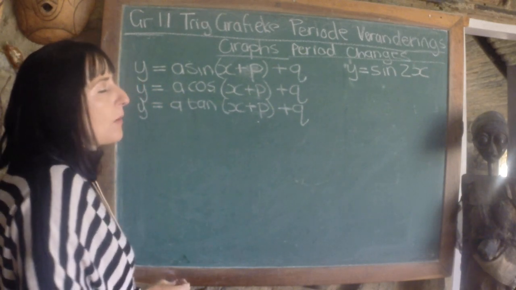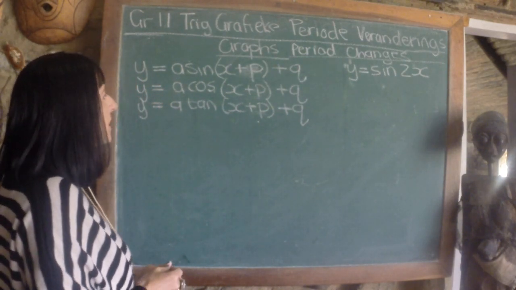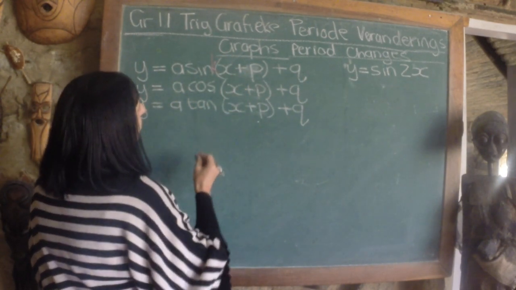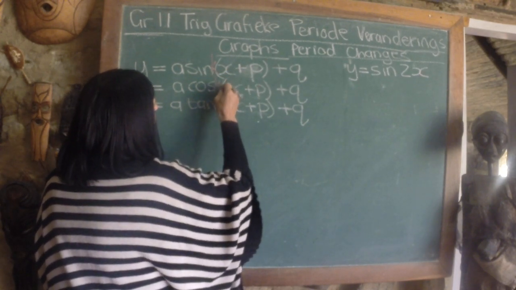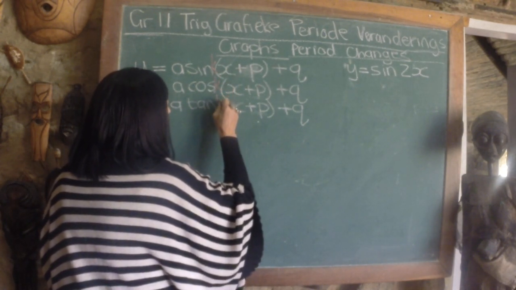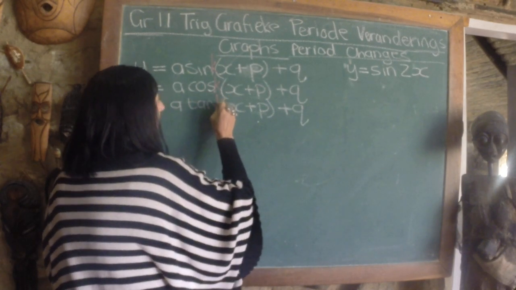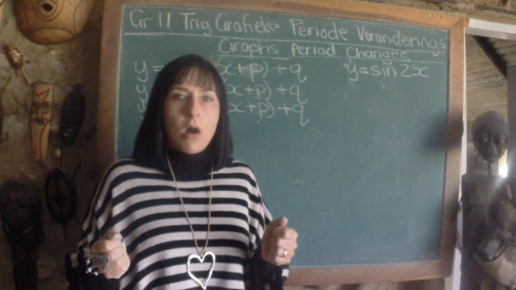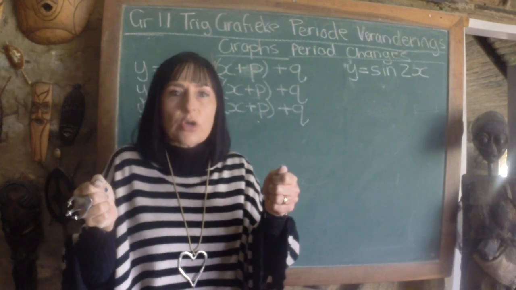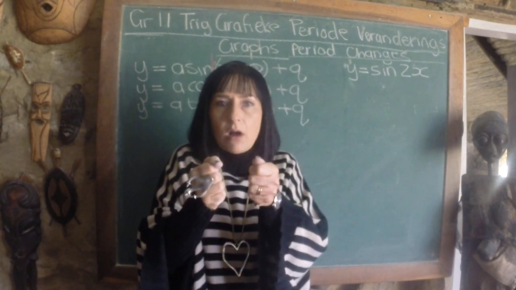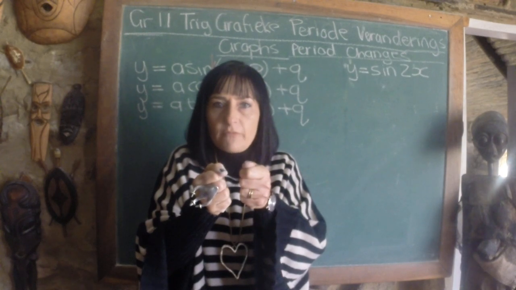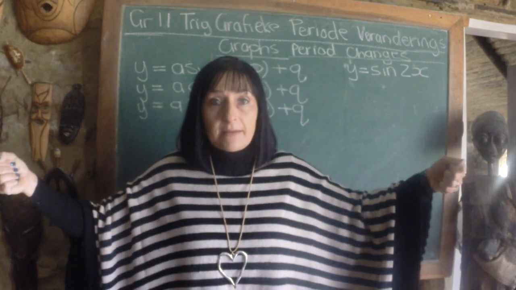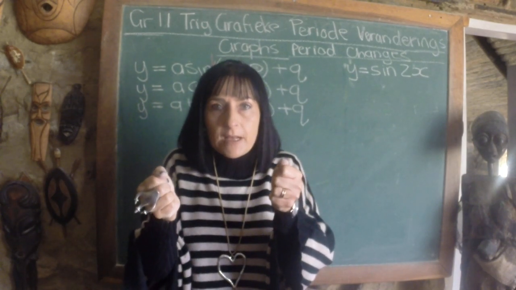Nou gaan juffrou kyk na periode veranderings. Period changes, and the last parameter we're going to insert there in front of our angle, and let's name that K. Wat doen K? K druk 'n funksie soos 'n konsertina so in mekaar in, of hy trek hom weer uit mekaar uit. The K parameter pushes the graph like a spring